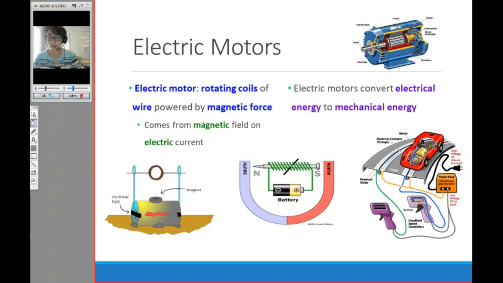Awesome, guys. Okay. We're going to talk about electric motors during our lab, so I'm going to skip this for now. Just know electric motors are also the interaction between electricity and magnetism, which is the whole theme